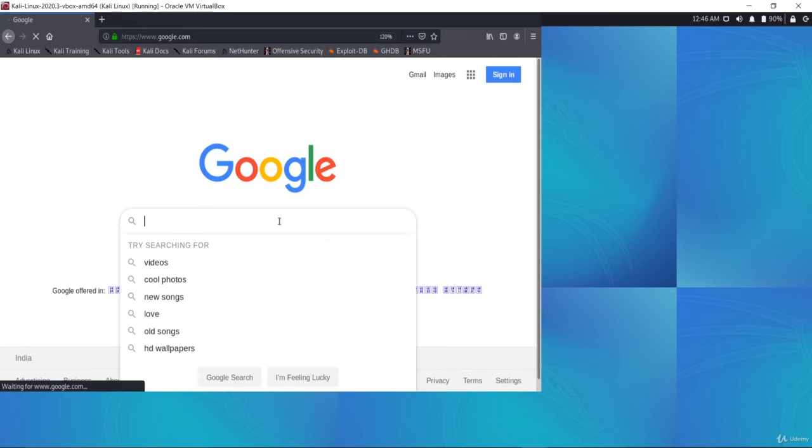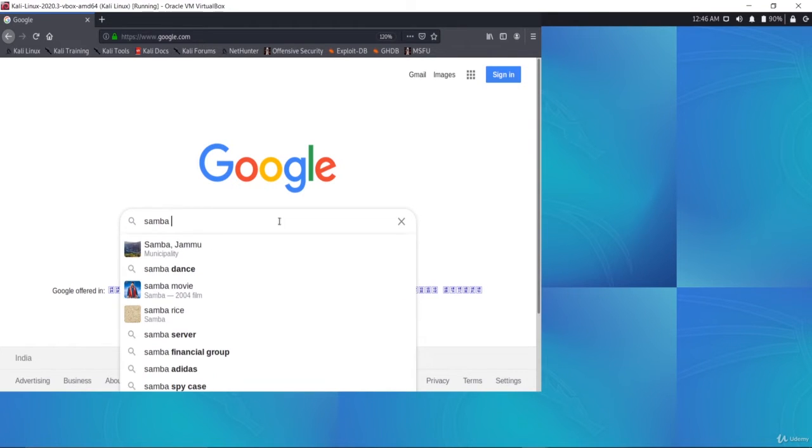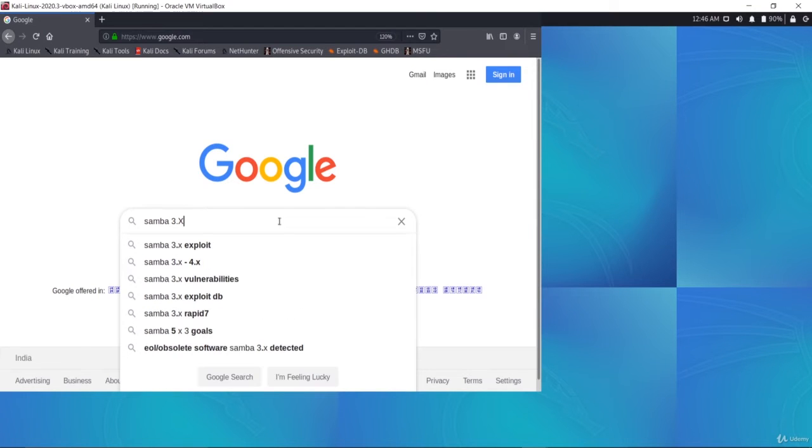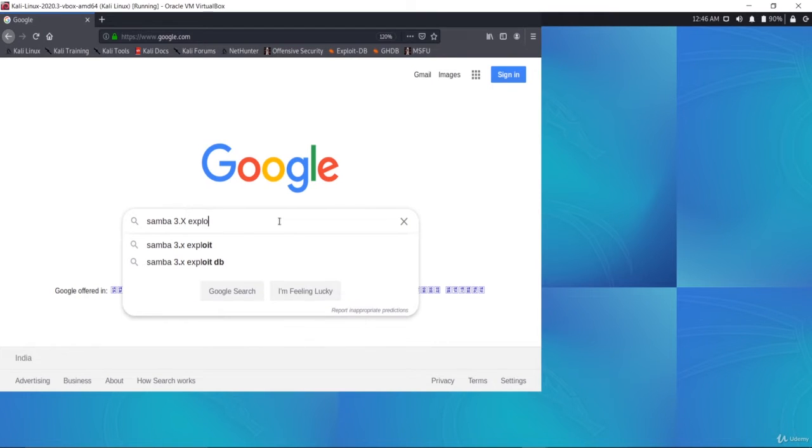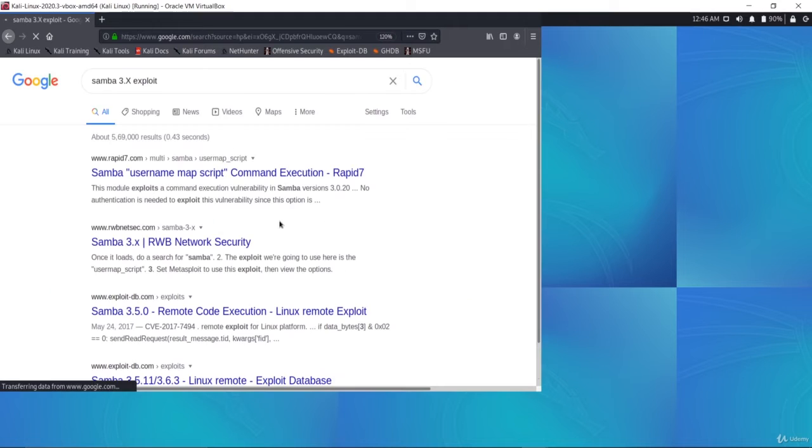Now here I'm going to search Samba 3.x exploit and hit enter. What happened here is we will see that there are a number of results, but we are interested in